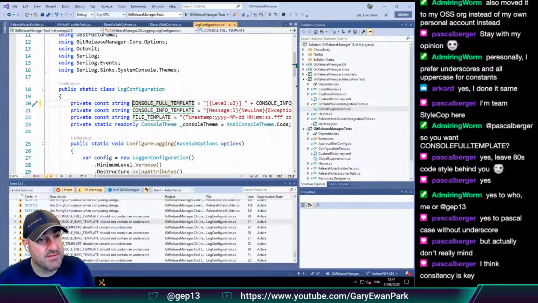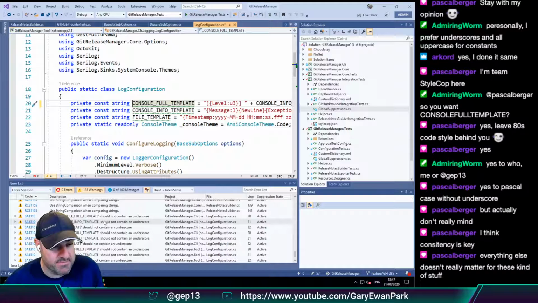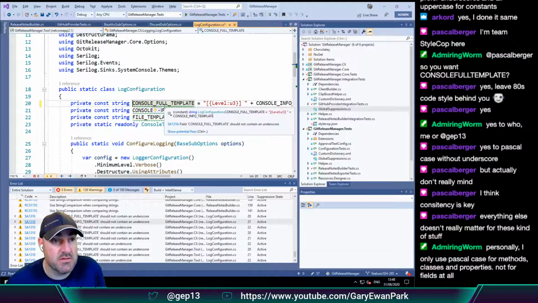Consistency is key. And I don't disagree with consistency is key, but how do we enforce that? Can we enforce, in terms of general, just don't use underscores?